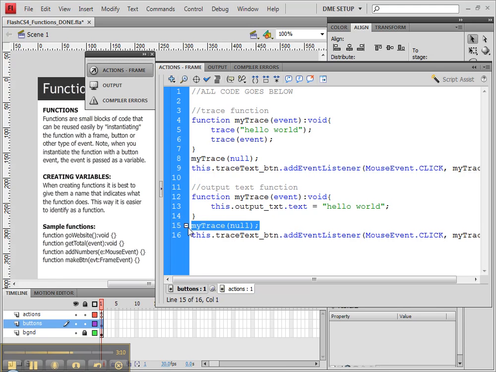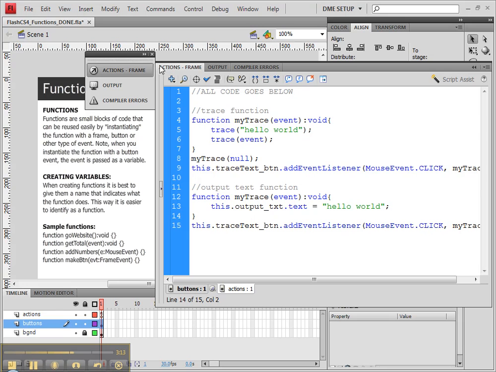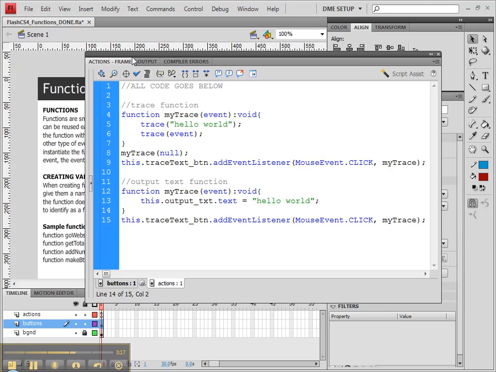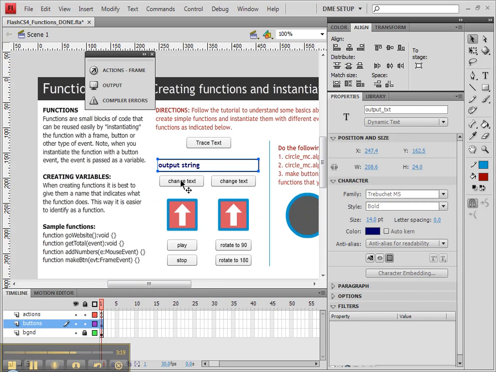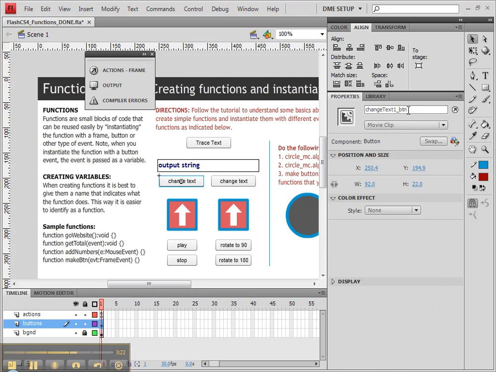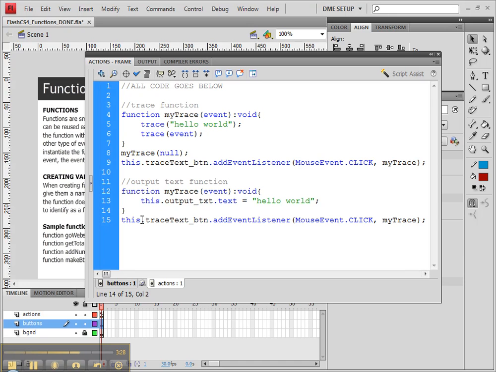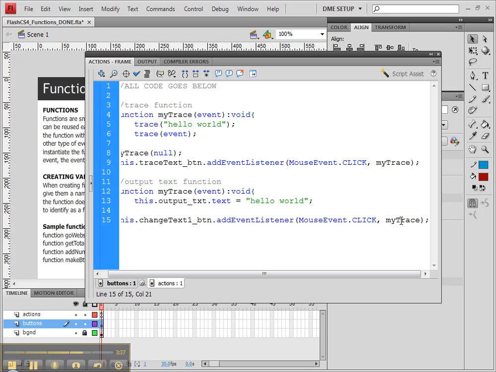Now we're going to instantiate that with the correct button. So let's go find the name of the button. That's going to be change text 1 underscore btn. So I'm going to just copy the name, go back to it. So it will be this. It says change text 1 underscore btn dot add event listener mouse event dot click, and then we will have to give this a different name. So we'll call it